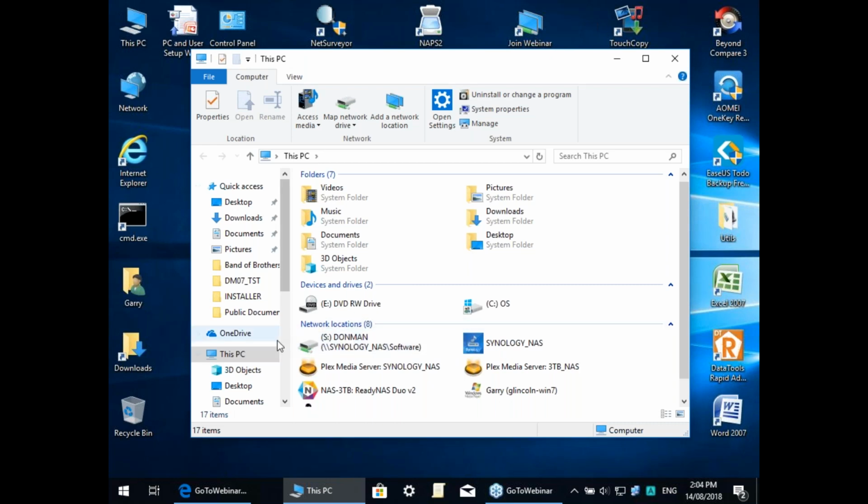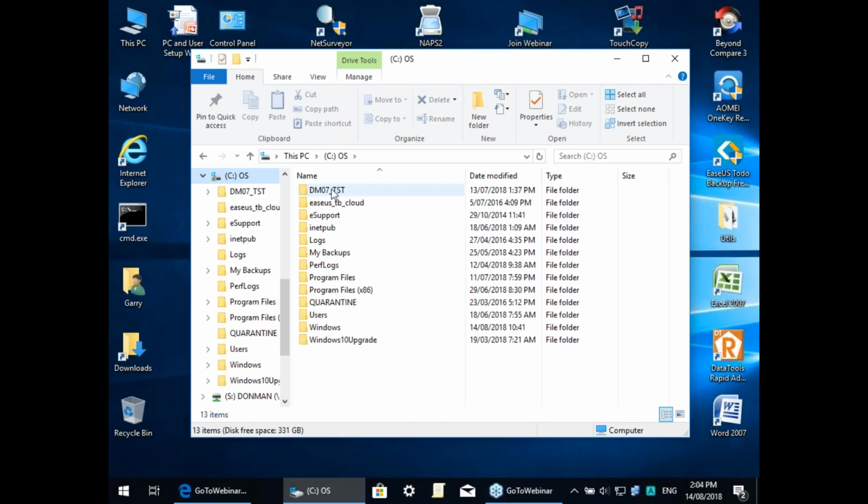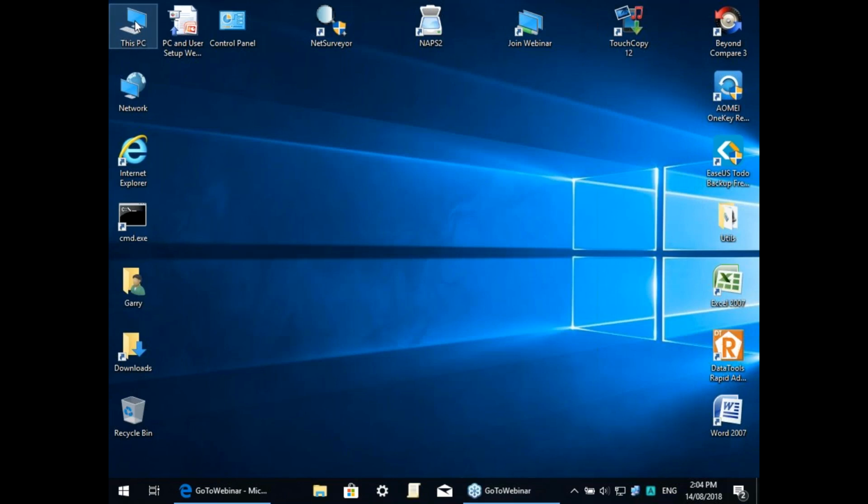But if I look at my local machine, at my C drive, I've also got a copy of Donman here. So in this case, the folder's just a slightly different name because it's more of my test environment. So the setup procedure is exactly the same, whether it's on the local machine or it's on the server. For all purposes, it's not a whole lot different. So if we have a look